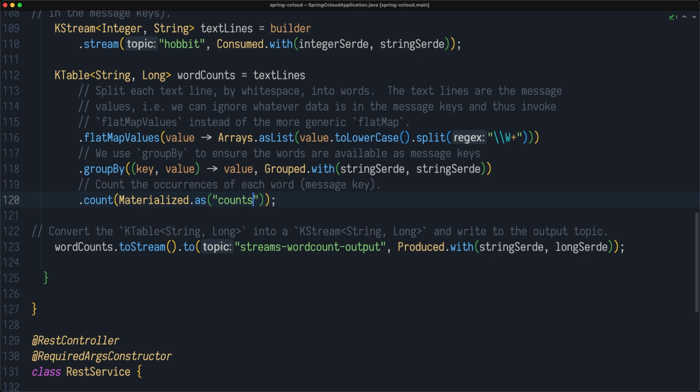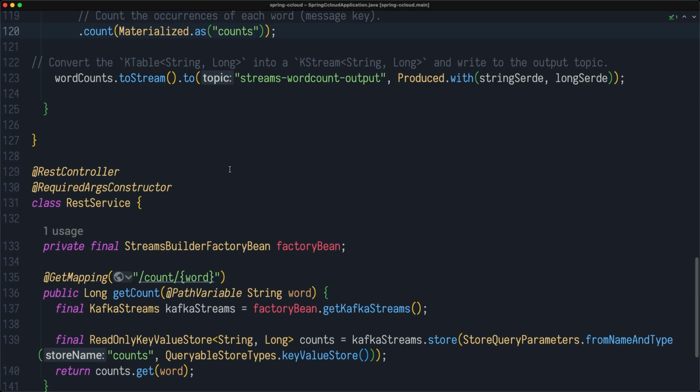If you want to learn more about how it works, we have materials on our developer.confluent.io website where you can learn all about Kafka Streams and how the state store works. Also, you can check out the Confluent YouTube channel with the live streams playlist where you can find all things around materialized view. I was talking about this in a lot of detail in the past. So let's see how this will work.